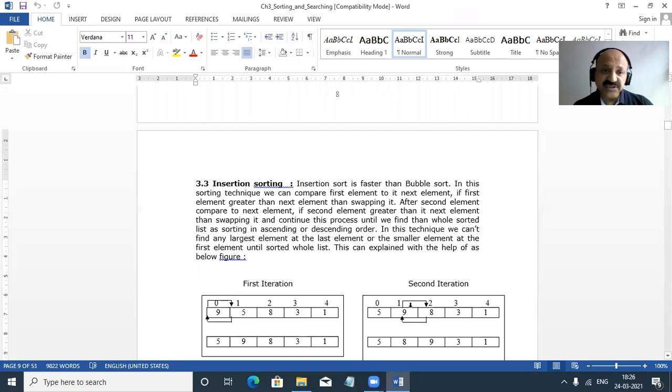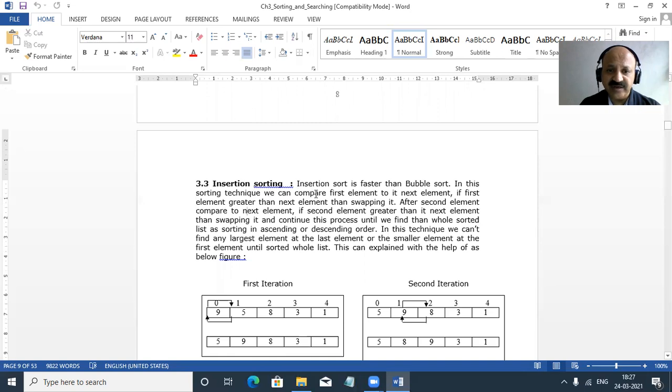And now, in this session, what is very important is insertion sort. It means that in the first iteration we cannot get any smallest or largest element at the zero or n minus 1 index, because ultimately, only at the last step, after all rounds repeat and complete, is the list automatically sorted. You can look, insertion sort is faster than bubble sort.